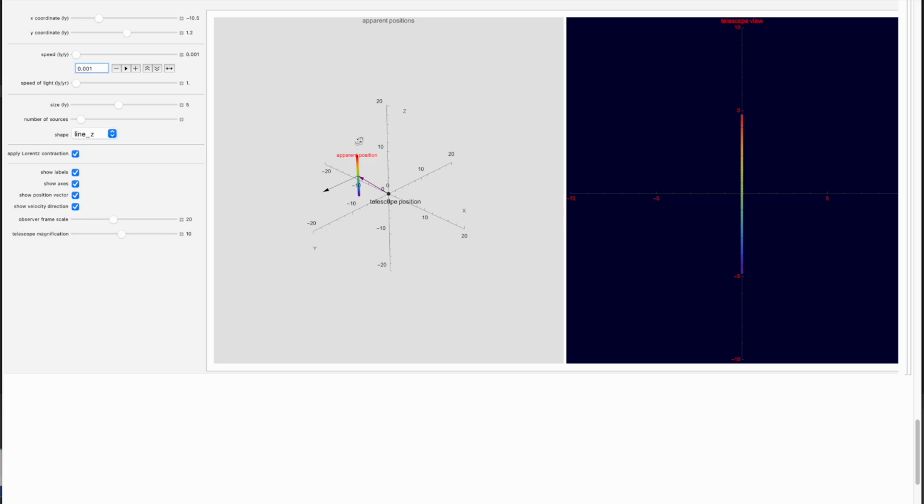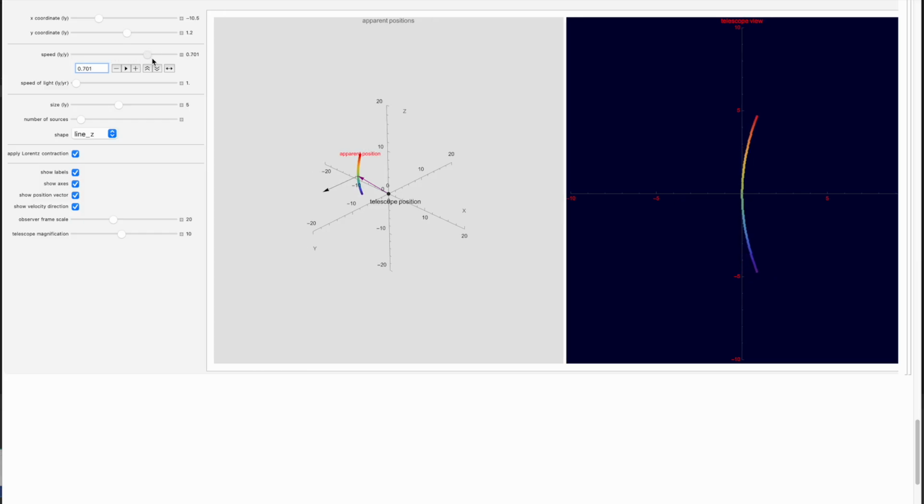What we do expect is that the latency effect may do something, because these points at the ends of the line are further away from the observer than this point close to the middle. Okay? So we do expect latency to do something. So let's see what happens now as we increase the speed.